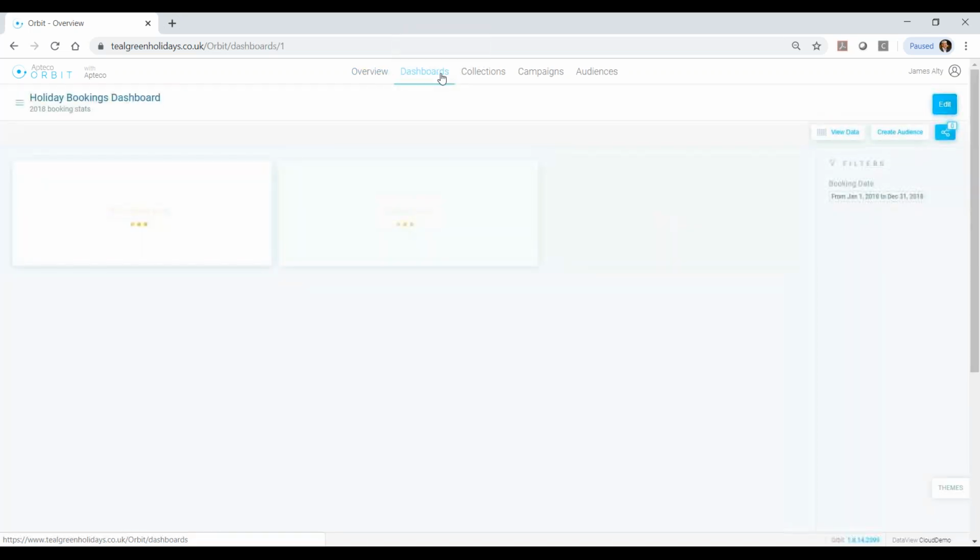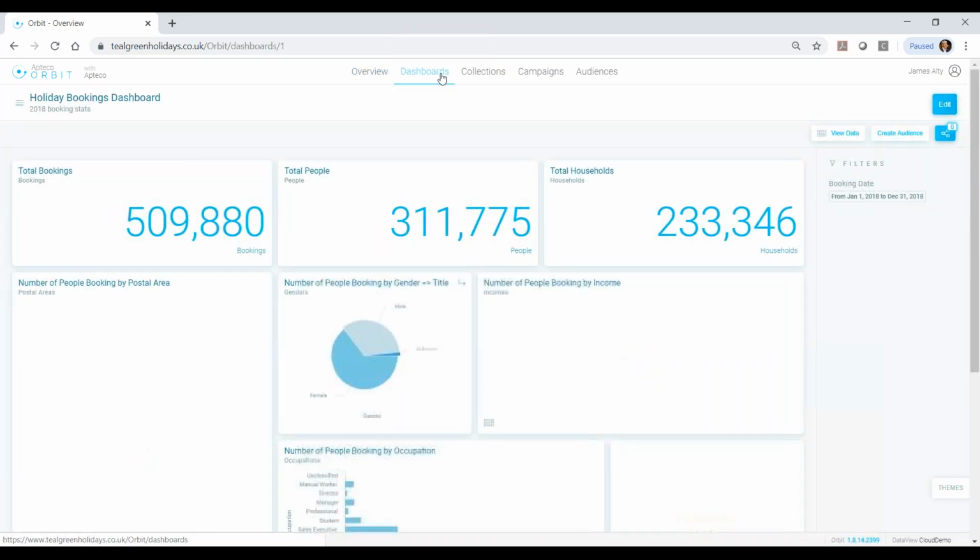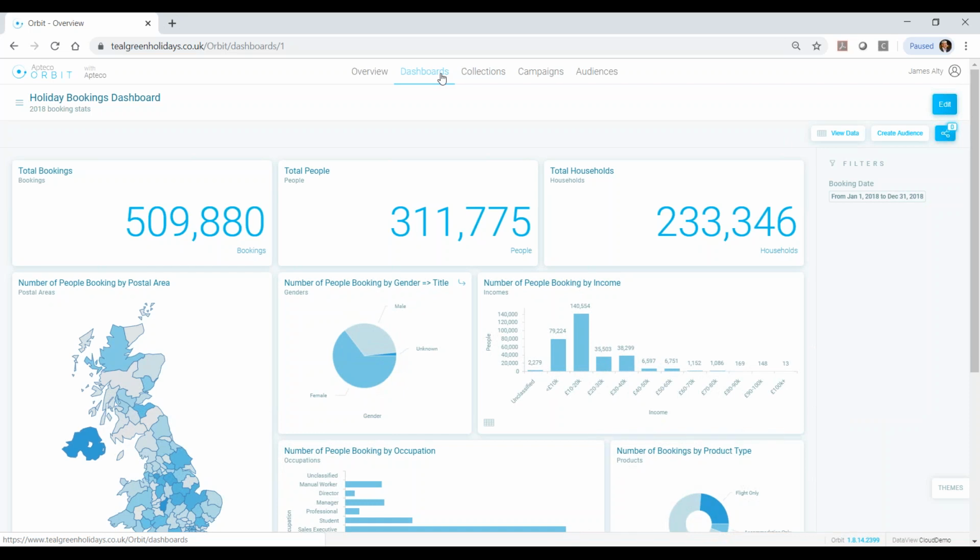And if I click on the dashboards link, you'll see an example dashboard. This is my home dashboard. It's the default one that is displayed for my user. And you can see across the top we have a number of cards showing, in this case, details about holiday bookings. This is using our fictitious demonstration holiday brand, Teal Green Holidays, and showing the number of bookings, the number of customers, and the number of households within a constrained period, in this case during